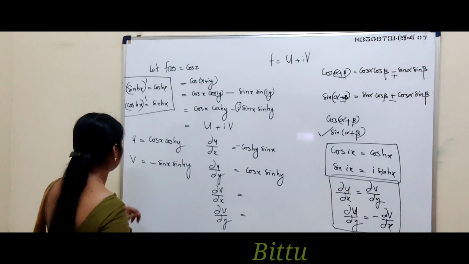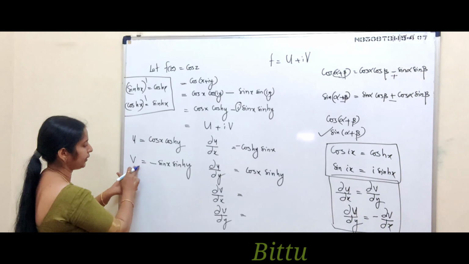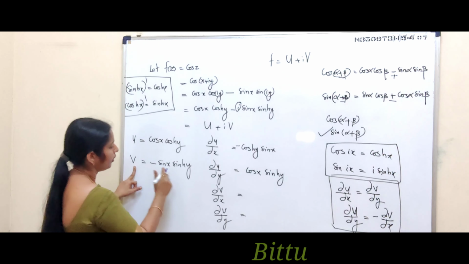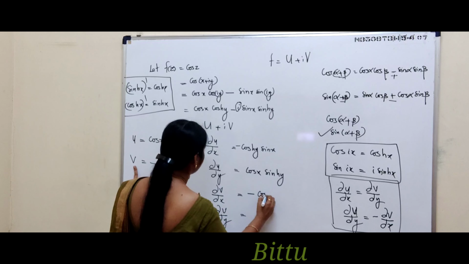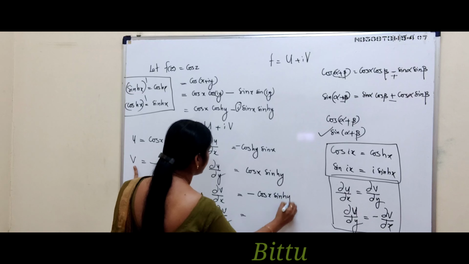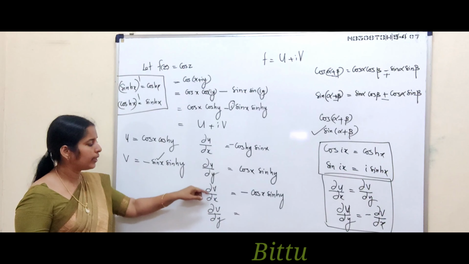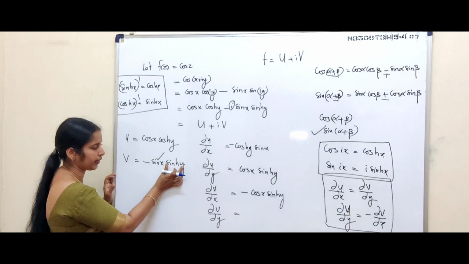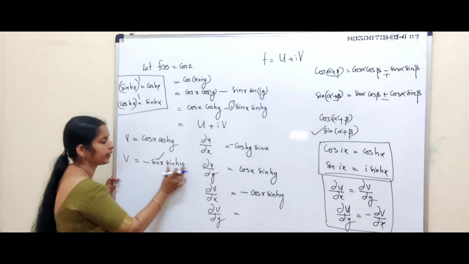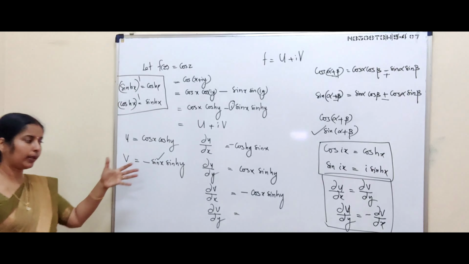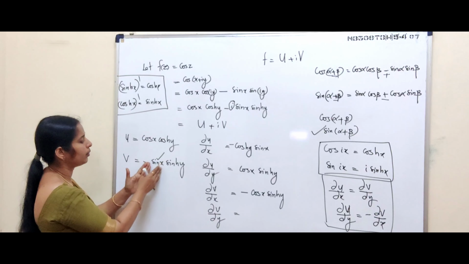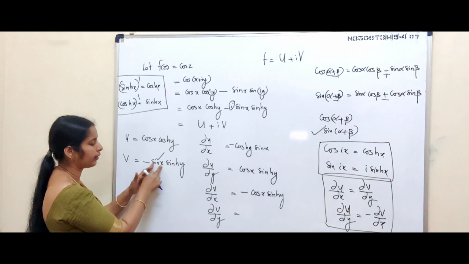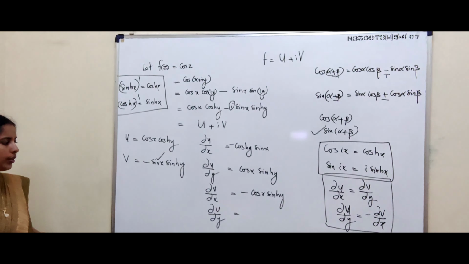Next, ∂v/∂x. ∂v/∂x is minus cos x sinh y. While evaluating ∂v/∂x, you have to keep y as a constant, so sinh y is a constant. So sinh y into the derivative of sin x, which is cos x, that is minus cos x into sinh y. Or the other way, you consider those terms which contain x, and in the place of the function of x, you write its derivative. That is the partial derivative.